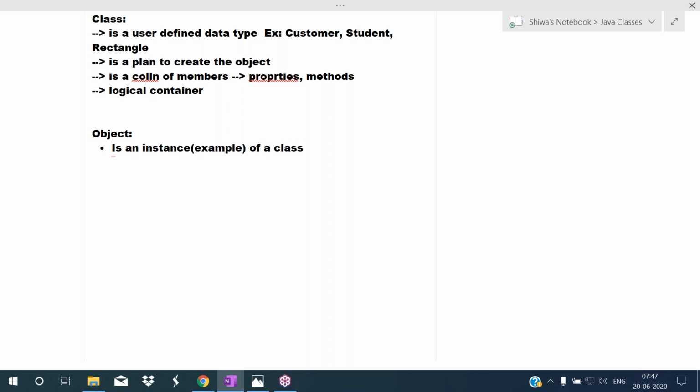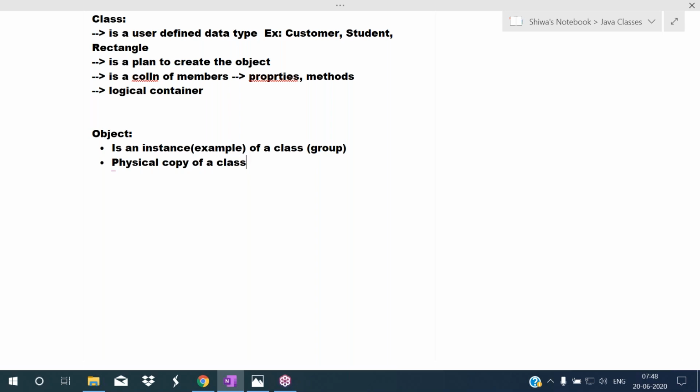Here class means classification, or you can say a particular group. So an example of a group is called an object, and it is physically existing. It is a physical copy of a class.